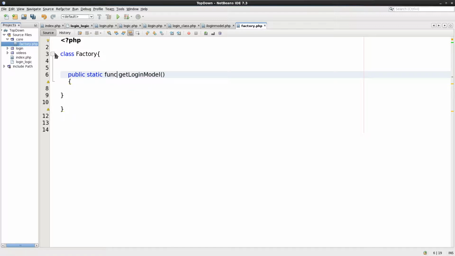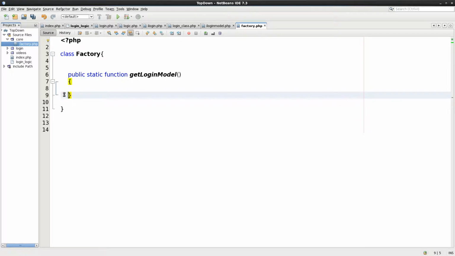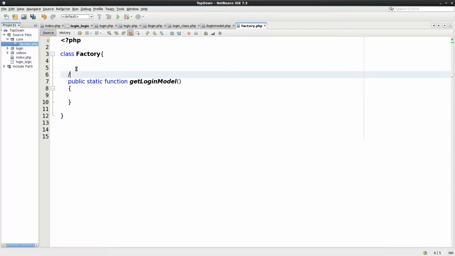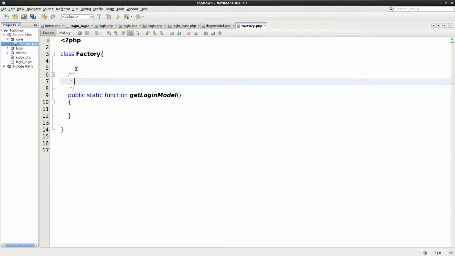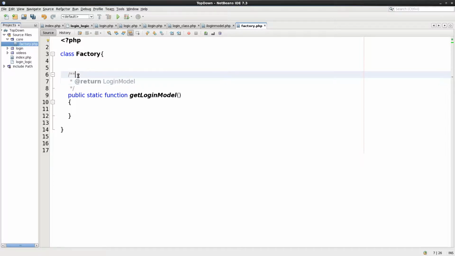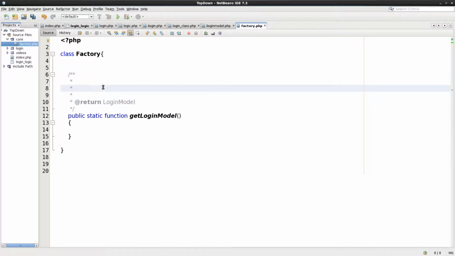Let's clean this up. The static function of get login model would return a type of login model. And the description of this is then get login model